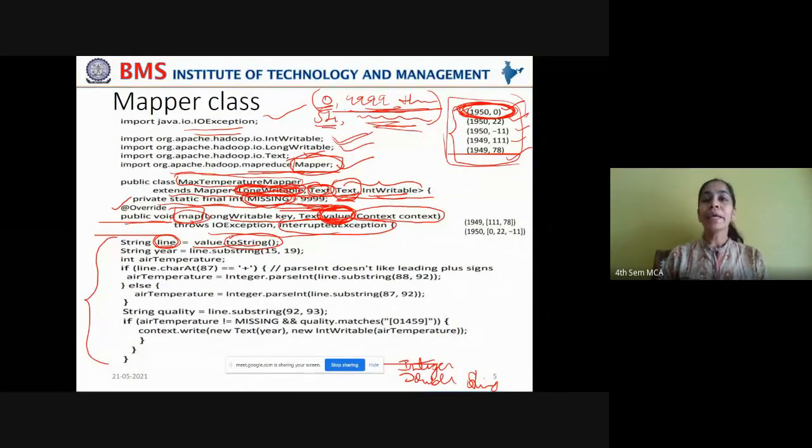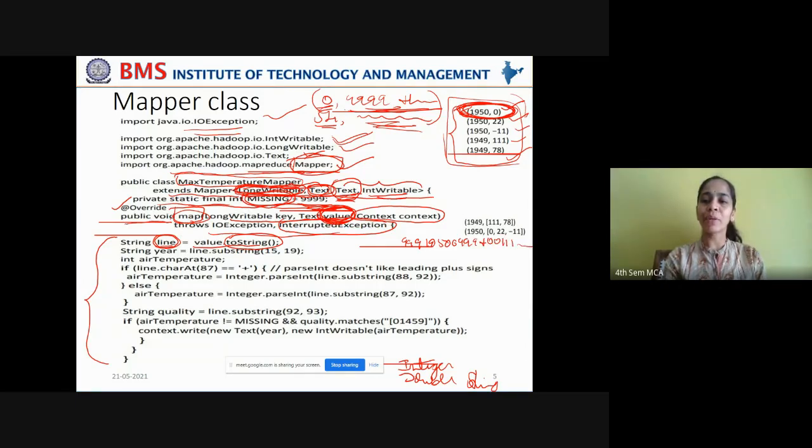Got it? Now, in this string, are you interested in the entire information? No. You have to pick out the year in which the measurement is taken, and fetch the air temperature captured in that particular year. Do they span the entire record? No. They occur at particular places, at particular index numbers. Say you have 999 and 1950, again 6999 plus 00111.